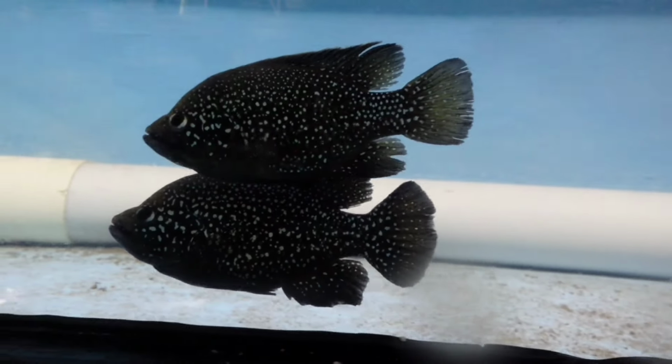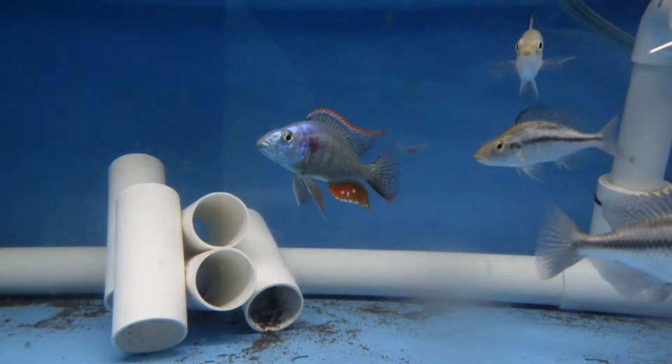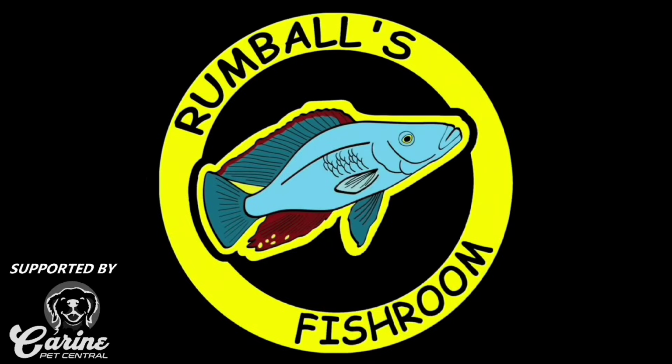So it's been a while, it has, but I haven't given up on the fish room. I've just been collecting some new fish, and I want to get back to having some good lines of flowerhorns. That being said, let's have a look at some new fish. Alright, so before we look at the new fish,